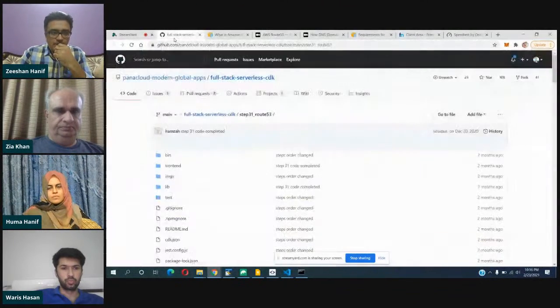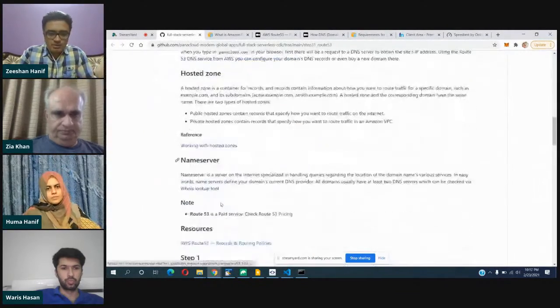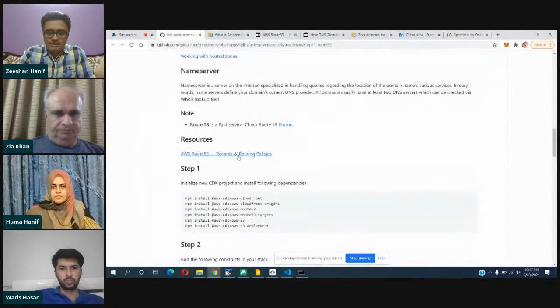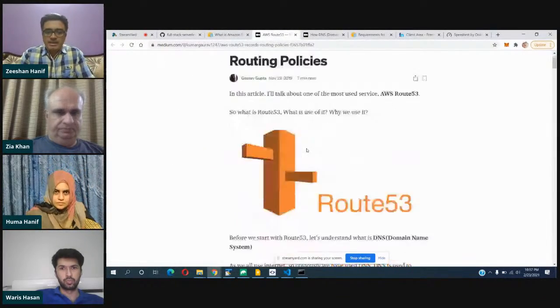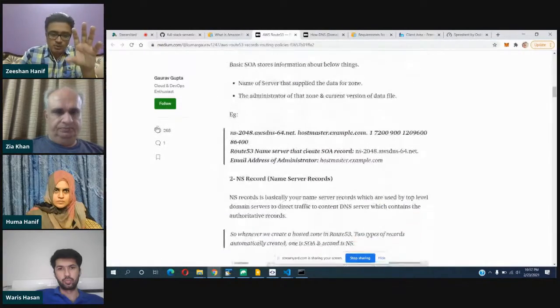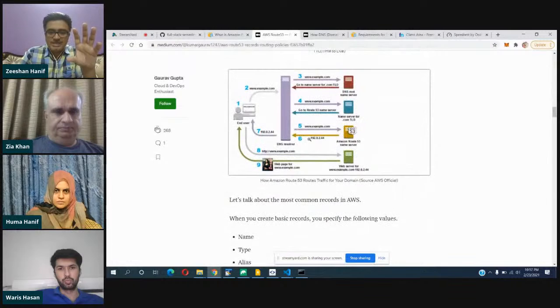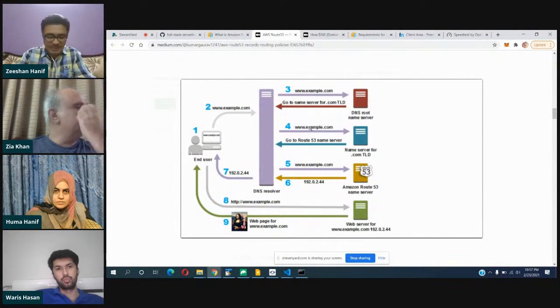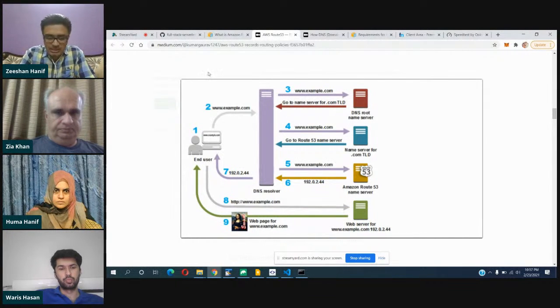Okay, so in our repository, you can find this link over here, Route 53 record and routing policies. This is a good article. This article is very good, and you need to read it in full so that you get the idea how the web actually works and how these A records and CNAMEs and all these things work. So as you can see, initially when we type something like example.com,